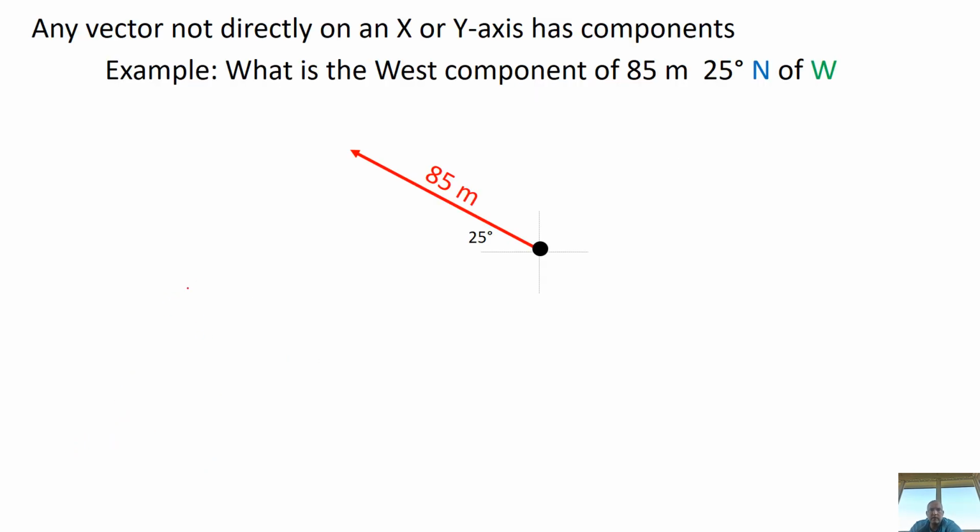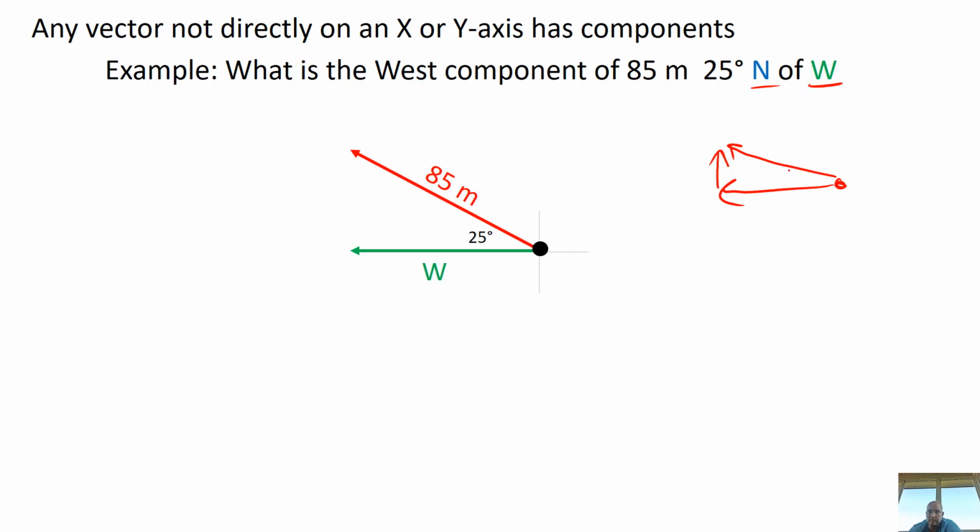Okay, any vector that's not directly on an x or y axis has components, so we're going to go ahead and solve for components. We're going to look at this. What's the west component of 85 meters, 25 degrees north of south? So we started with the direction naming, how to draw that, but now we're going to look at the overall. And if we're drawing an overall, I'm going to walk you through the basics of this. If I go west first, and then I go north second, and then I go ahead and draw the overall